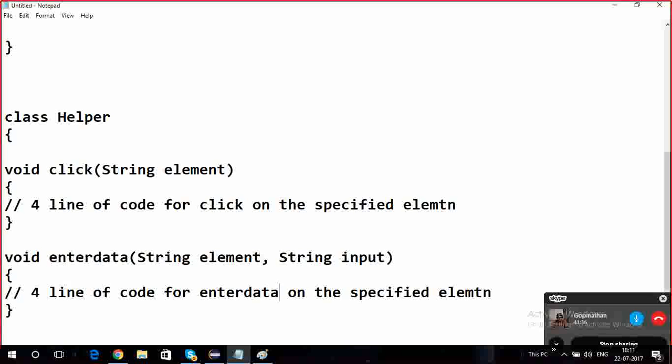In all this, what you are doing is either clicking or entering some data. So consider sending a mail, you are doing 10 operations, 10 into 4, 40 lines of code. We are doing this. Instead of writing this everywhere, I will write a class like